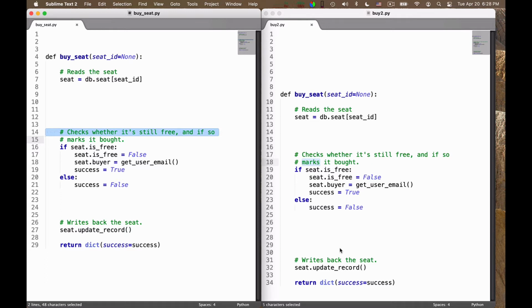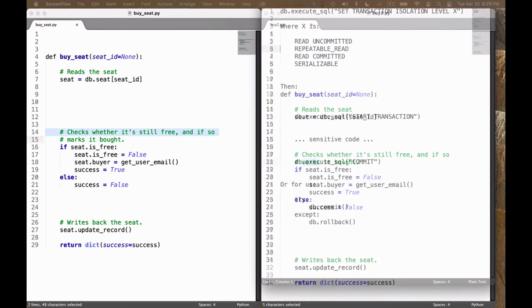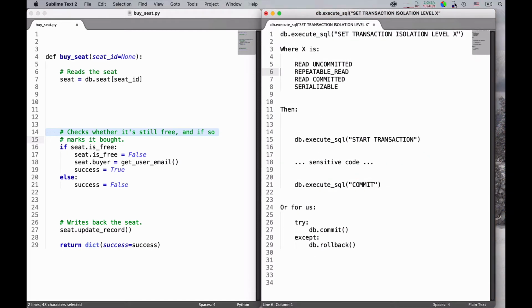So this brings up the general point: how do you isolate the processing of different requests on the database? To ensure that this kind of read, modify, write interaction doesn't happen, you can have in databases what are called isolation levels between transactions, precisely to keep them separate. There are 4 isolation levels, and I would like to tell you how they work. They are called read uncommitted, repeatable read, read committed, and serializable.